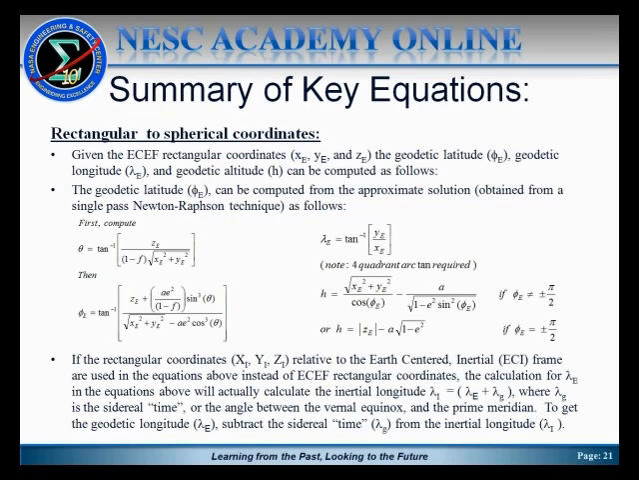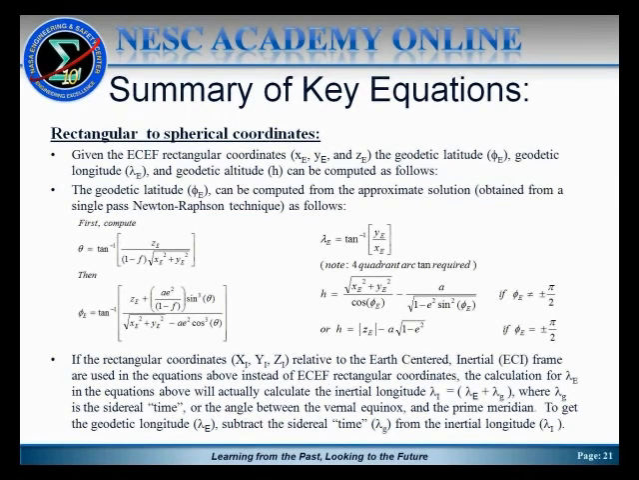So again, if you were given Earth-centered, Earth-fixed rectangular coordinates, call them xe, ye, and ze, and you wanted to compute the geodetic latitude, phi sub e, geodetic longitude, lambda sub e, and geodetic altitude, they can be computed as follows. And note again, as was discussed in part 1, this particular formulation uses an